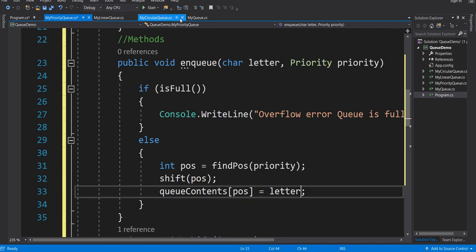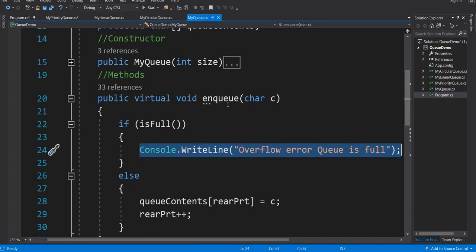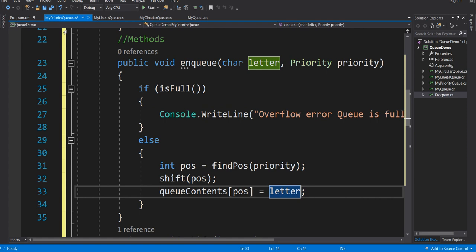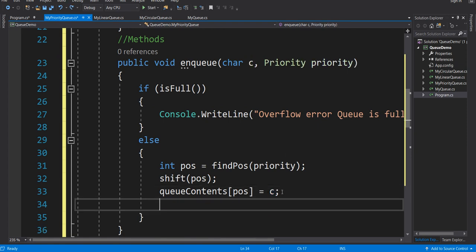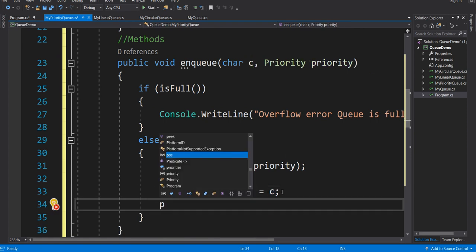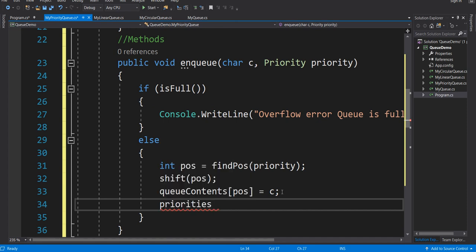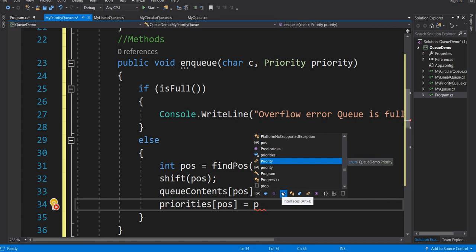Just double check that. My queue. Oh no, we used C. So go back and undo it. So C, and our priority queue or priority array at the same position needs to equal the priority